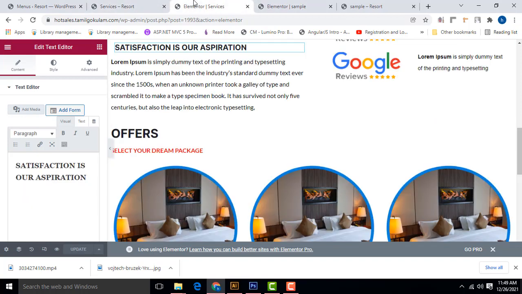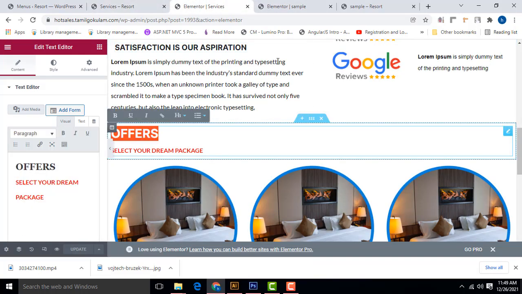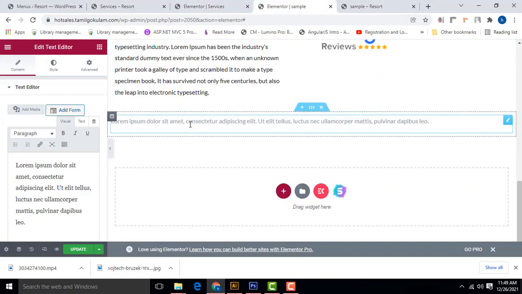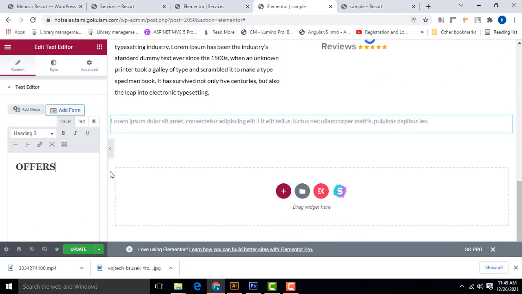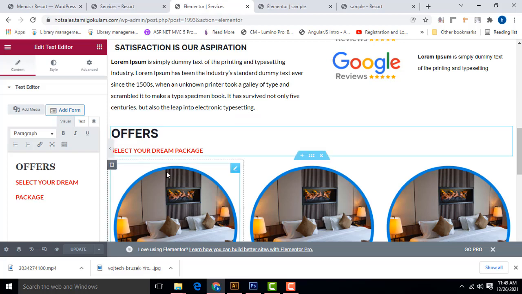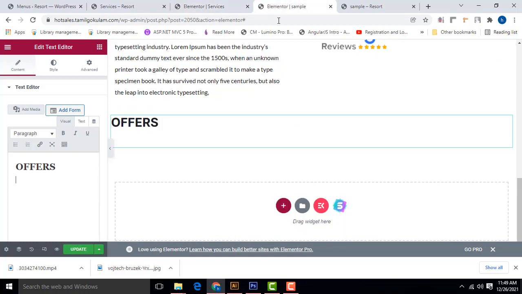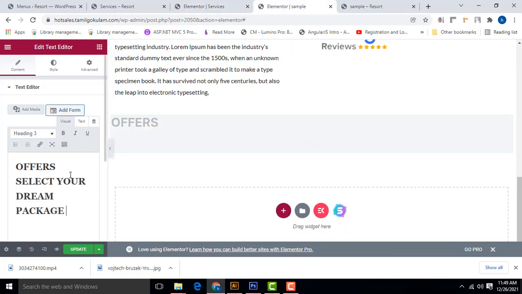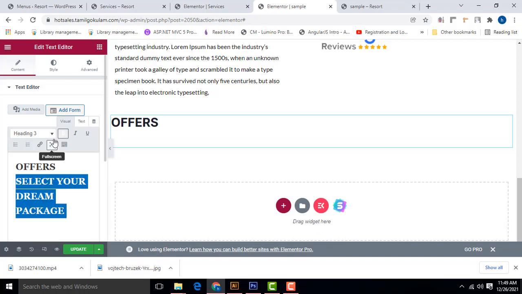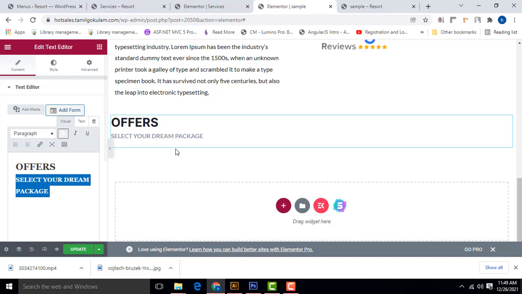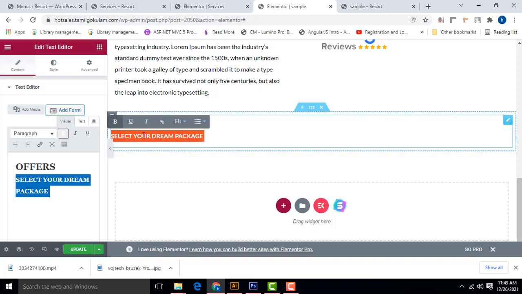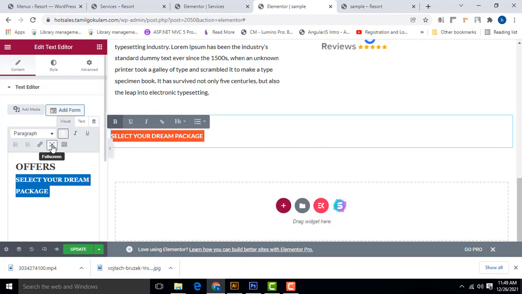Here I have to select this offers, and select this one. You have to put it as a paragraph, like this.